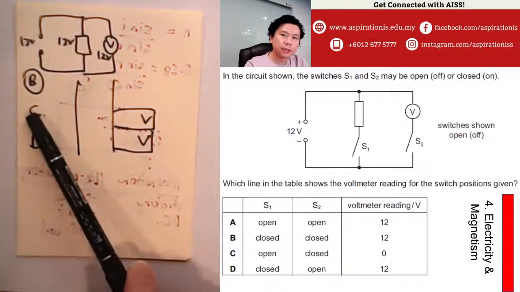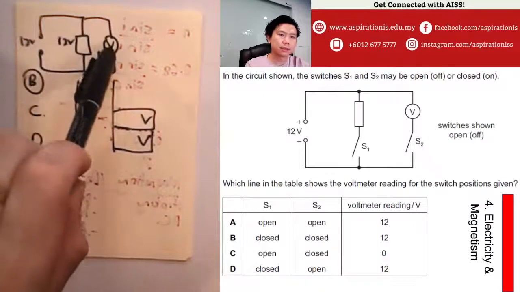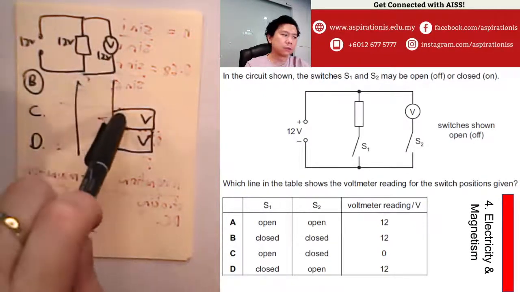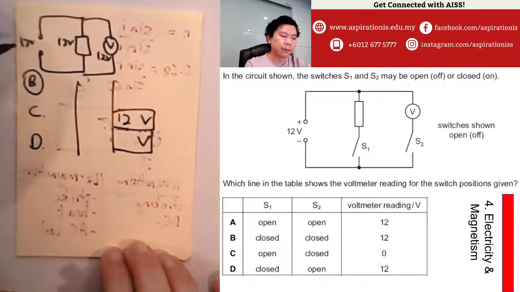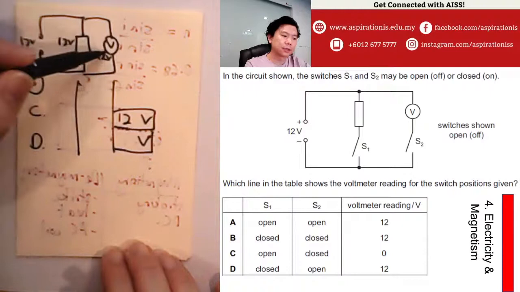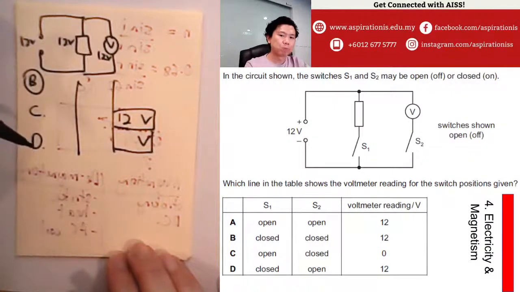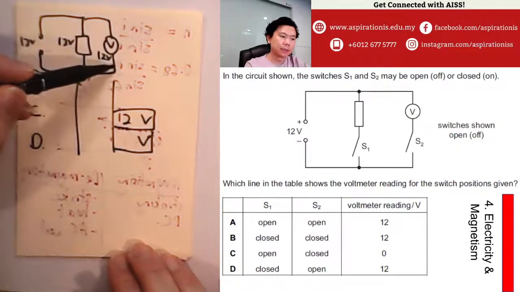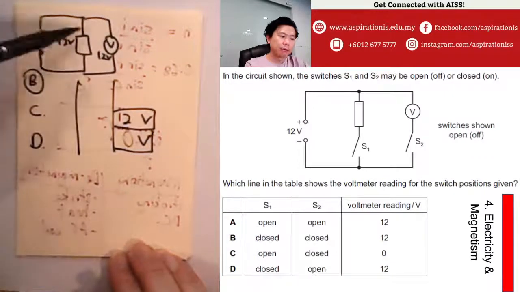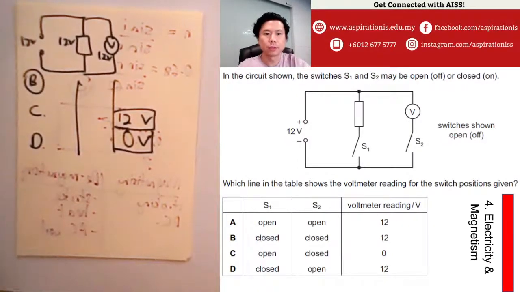So for C, it means that this is not connected and this is connected, right? So what should the voltage be? Yeah, correct. So this will be 12. Okay, because this is not connected. So what? If this is not connected, it doesn't matter. Every branch gets 12, right? However, if S1 is closed and this is open, all right, then yeah, the circuit is not complete and you will get 0 volts. I hope this is clear. Thank you very much. Moving on.